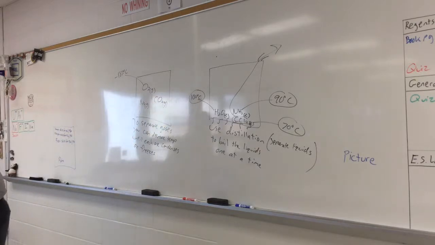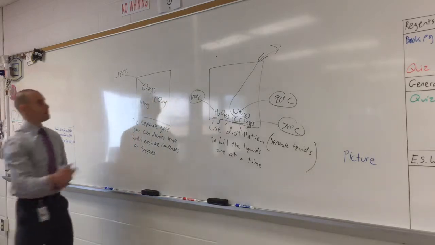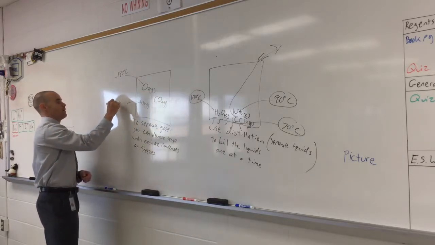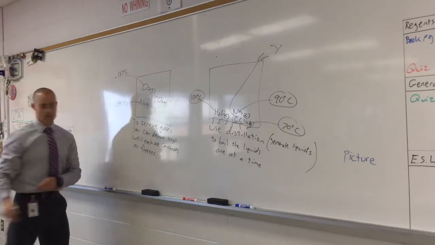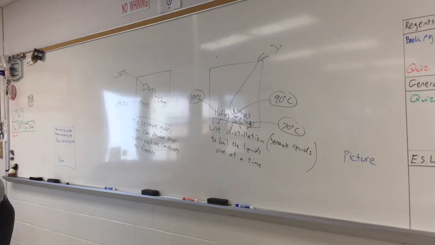The boiling point of nitrogen is negative 195.8 degrees Celsius. And the boiling point of carbon dioxide is,